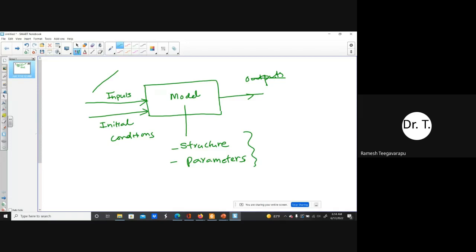We have problems with initial condition uncertainty. We don't know exactly the initial conditions because we may not have enough gauges to provide them. For example, soil moisture in a watershed is a more complicated parameter to estimate or measure. If you don't have a dense network of stations or sensors to help you estimate the soil moisture, you might have an issue with the initial conditions.